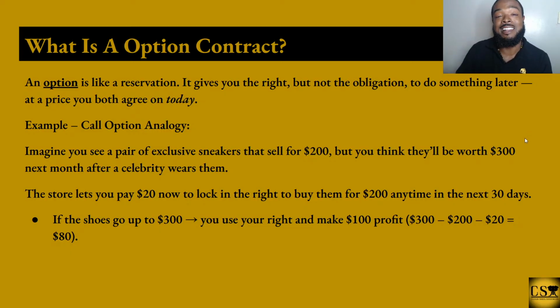Because at the end of that 30 days, you're obligated to spend that $200, because that's what you paid the reservation for. So if you don't get it right and the sneakers are worth less, you're going to pay that $200 and you're actually going to take a loss. Let's say if they're worth $190. But if they are worth $300 like you anticipated, you're going to make $100 on those sneakers. And sometimes they could get to that $300 value before the 30-day period, so you could go get the sneakers then and sell them right there on the spot and get your $300. That's how an option contract works when you're doing a call or a put.